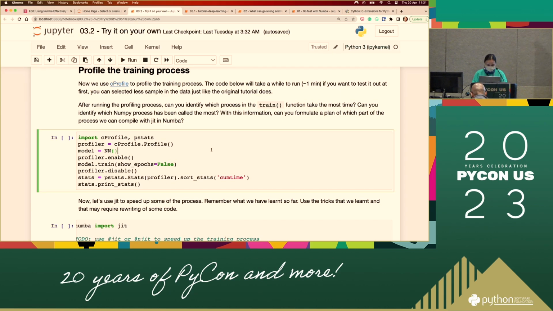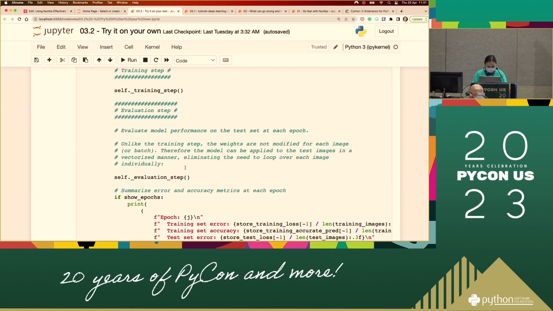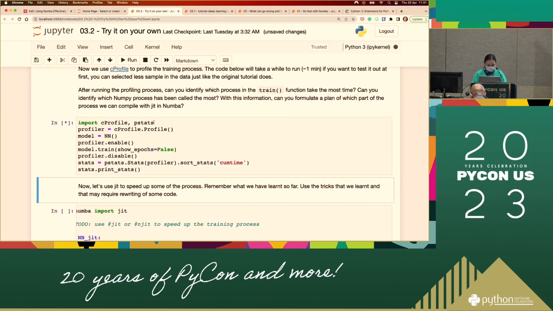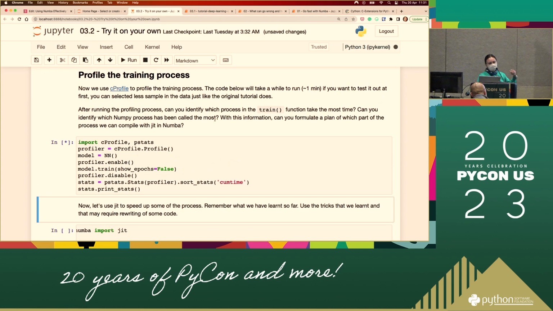So here we are trying to do some profiling. Have I run the code before? I think I haven't run the code before. Let me run this. Okay, it will take some time because I've upped the size of the sample. This is kind of standard how you do it, but a few things to notice here. When profile.enable is called, it will start profiling. profile.disable ends it, so basically the start and end of the profiling process. Between these two is what I want to profile.